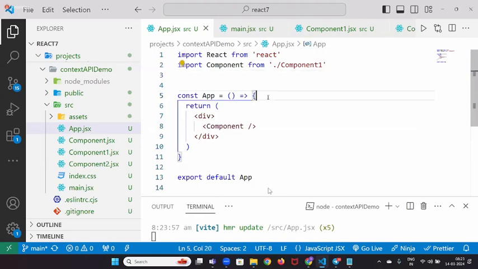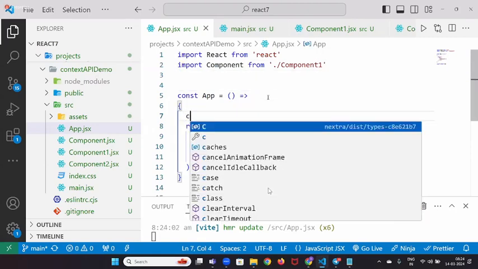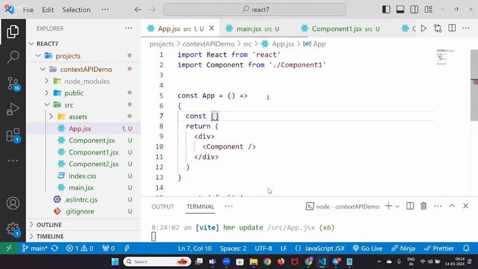Now here const count, comma, set count equals to